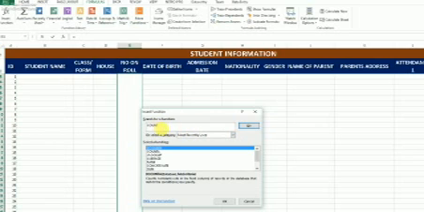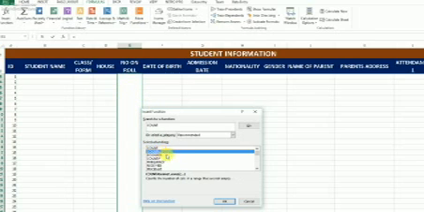When you type count, just click on go and let's see. It's saying count the number of cells in a range that contain numbers. With the number of rows, it doesn't contain any number, so we cannot use that one. So let's look at count. That one is saying, count the number.